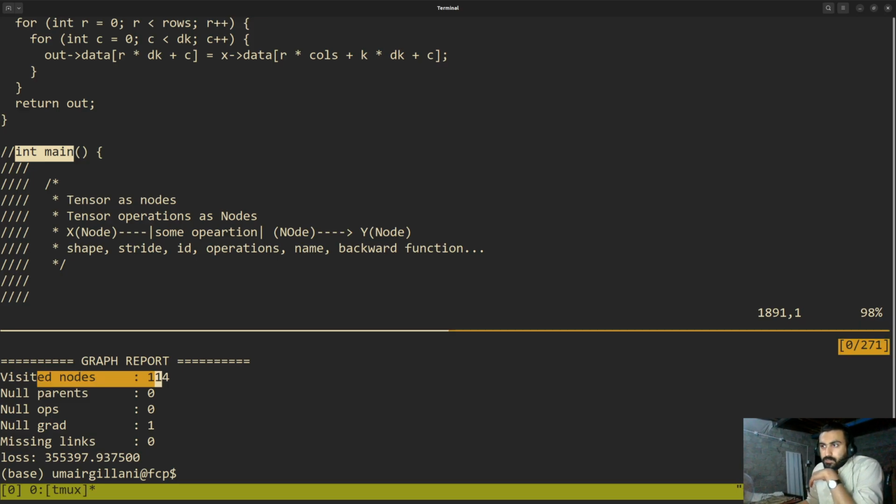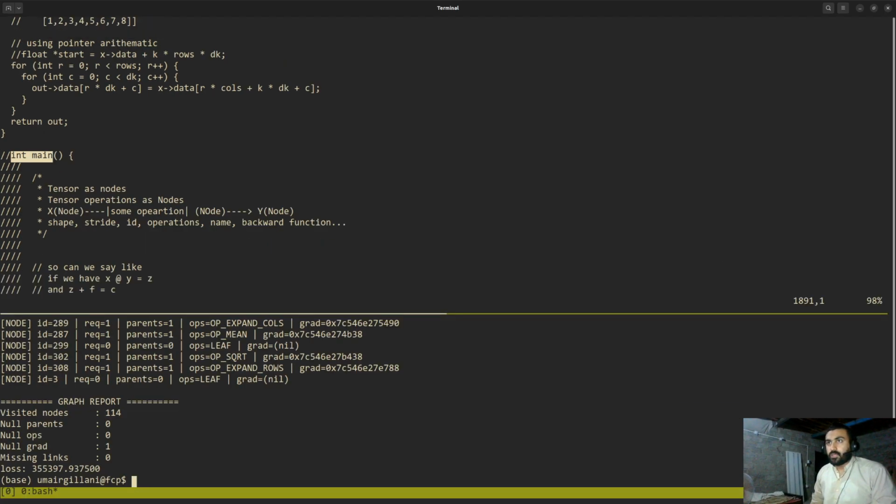Alright, so visited nodes are 114, and that's still very low. This is just a prototype, mind you. In actual transformers we have tens of thousands, but we'll create that. It's just a matter of adding more layers, and by layers you mean maybe more heads, or data units or something like that. So we don't have null parents, we have no null operation. Null grads found: one. At one place we find a null grad, and we need to try that out, but for now we're totally fine. So this is actually the loss. So forward passes are doing fine, and now we need to